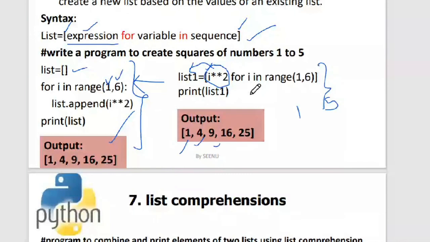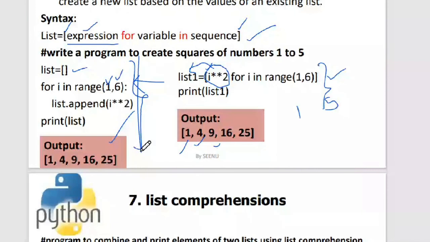So this actually happens with shorter syntax and fewer lines. You can achieve the concept that I have written on the left side. You can apply this to anything, but here I just showed you with an example. Is list comprehension clear? Yes, ma'am.